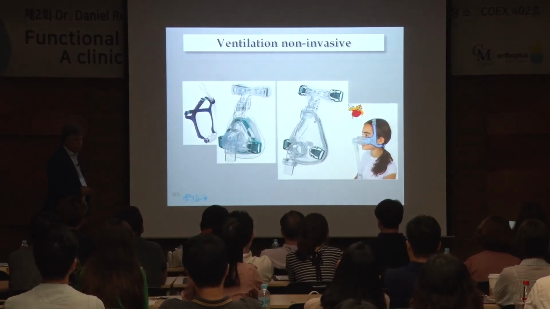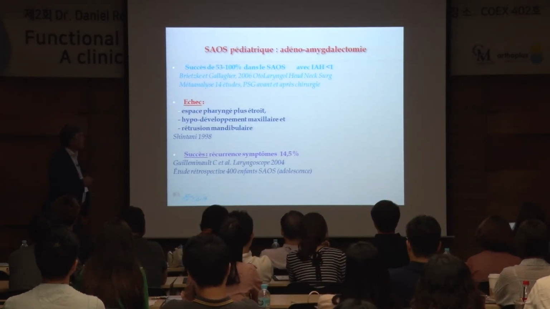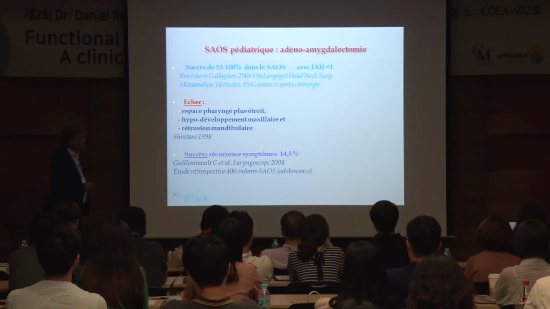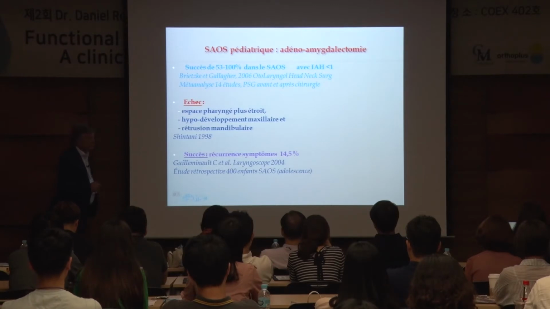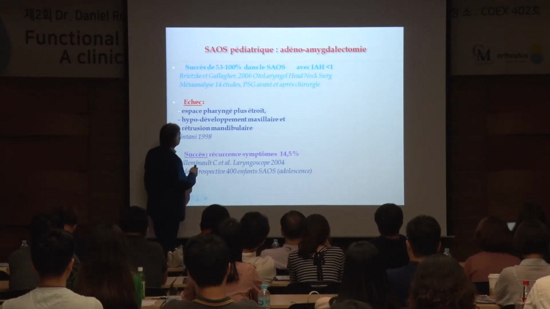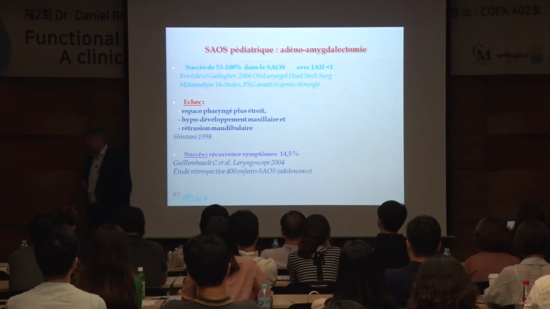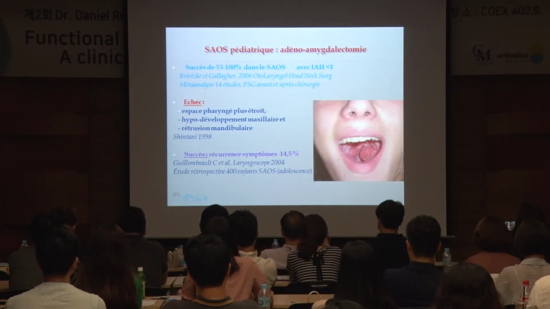And it's not comfortable. 이거, 네. So, pediatric apnea, we use adenotonsillectomy. But it works 53 to 100 percent success. Not full success. 성공률이 100이 아니고 50에서 100% 이렇게 나오는 거고